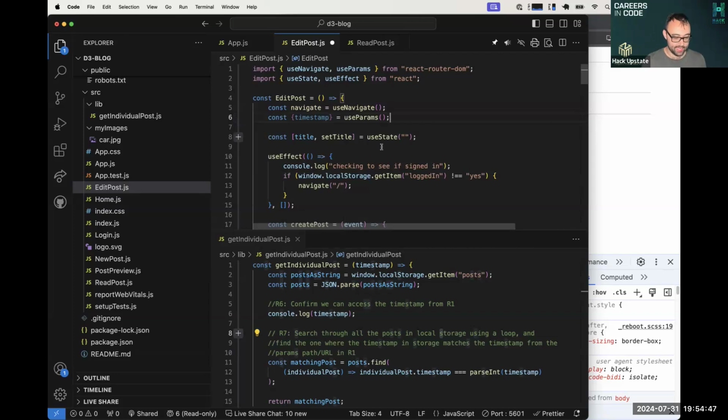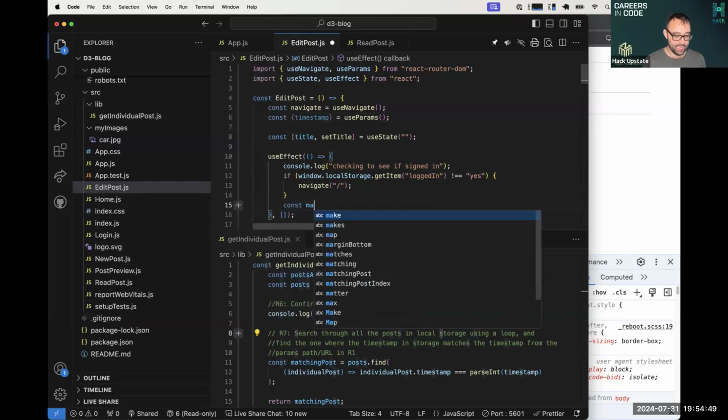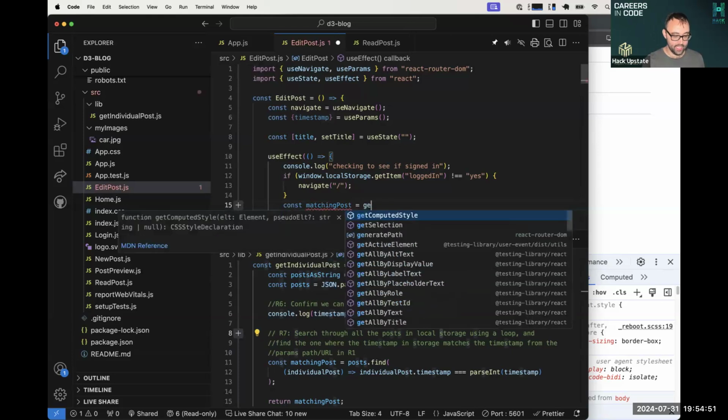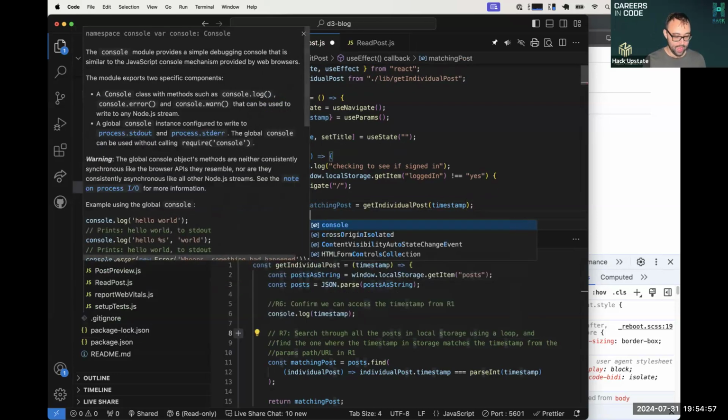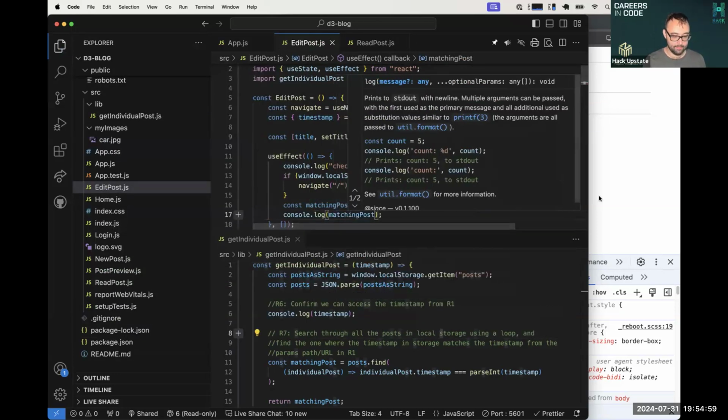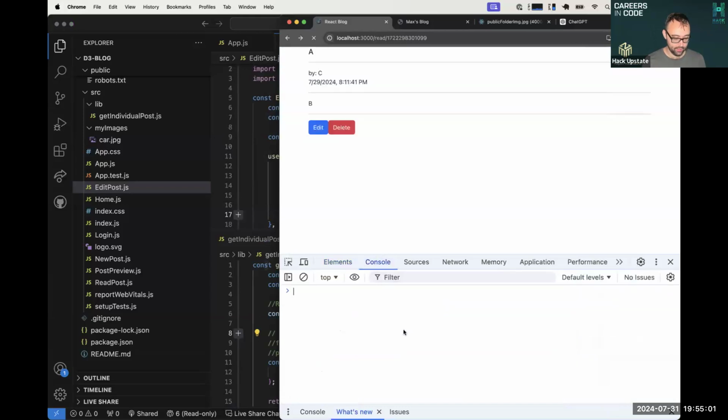But once we get that timestamp, we can say the matching post is equal to getIndividualPost based off of the timestamp. And if we console log that matching post out and take a look in our console